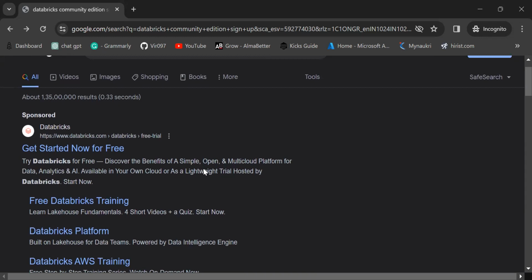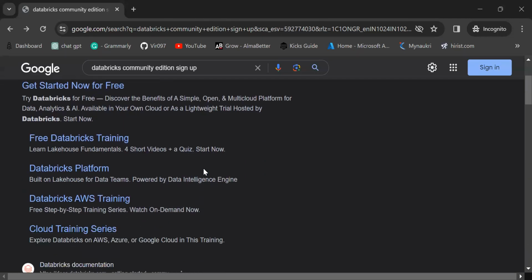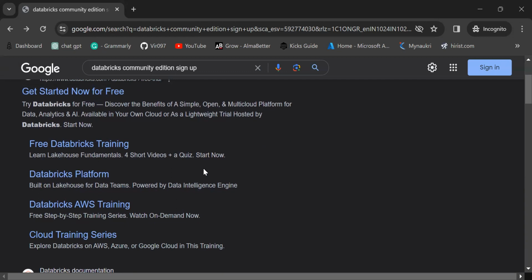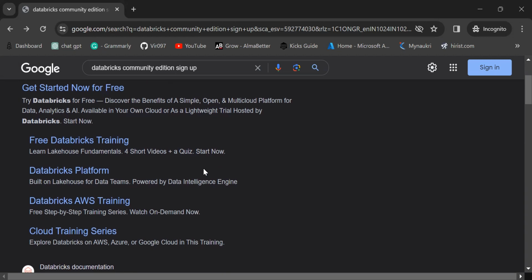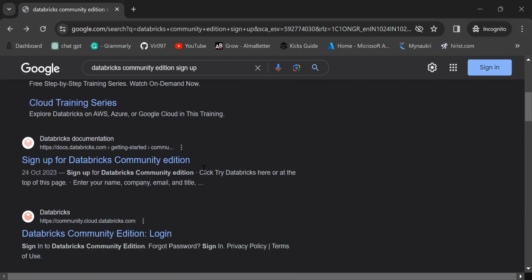Today we are going to learn how to create a Databricks Community Edition account, how to sign up for that. Databricks Community Edition is free, where we can do operations on our data. We can explore Databricks, how things actually work, and what the different components are, like notebooks, libraries, and clusters. Because in Azure Databricks, if you want to explore that, it will cost you. So this is the free option